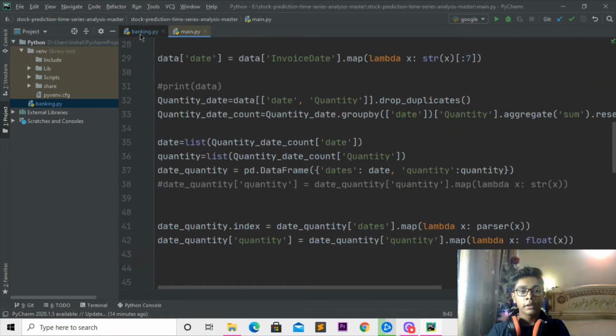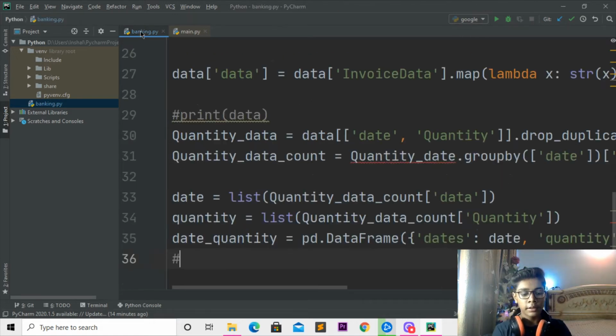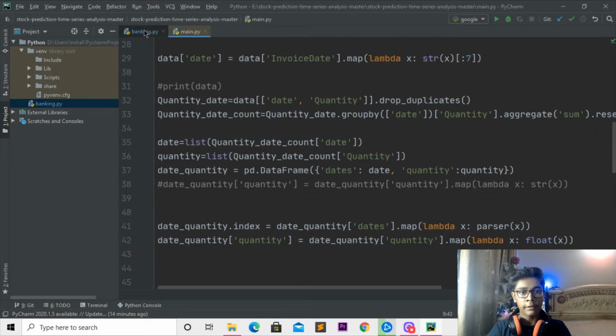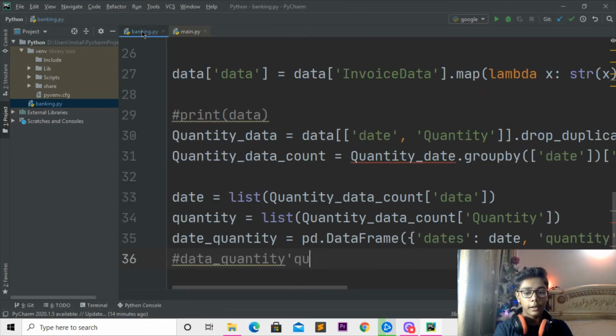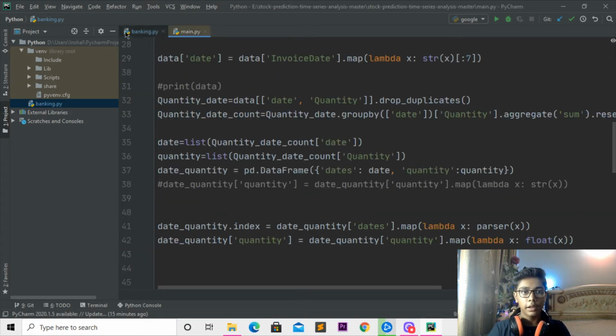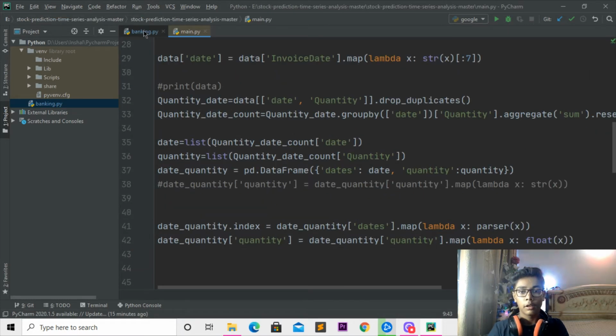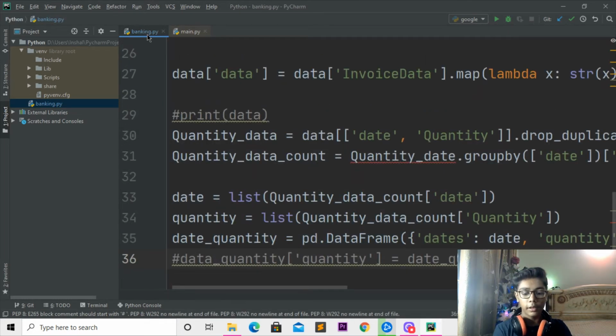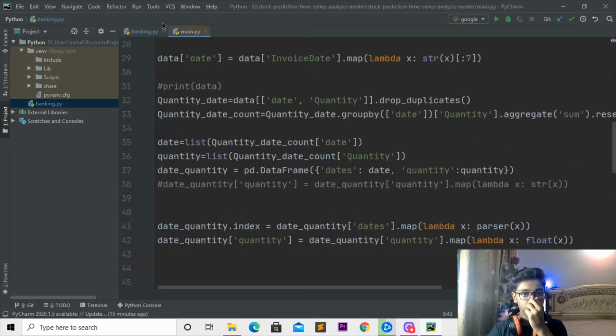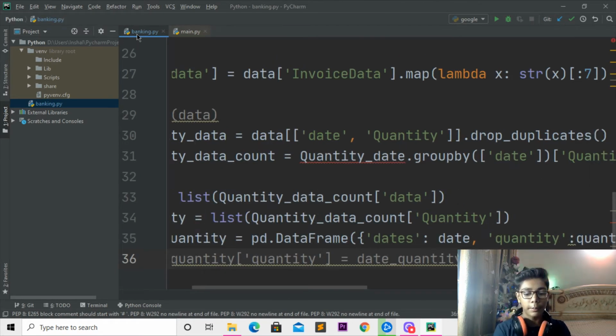come underneath here. So when you've done with that, here I'll now be writing this bracket, and here I'll be writing data quantity, then I'll be moving forward, and when you've done with that, here I'll be writing quantity again. So when you've done that, now I'll be closing, and here I'll be coming, then I'll be writing data equal quantity. So when you've done with that, here I'll now be coming, then there it is written date. So here I'll be writing that, now writing this square bracket here, then you have to write quantity, then I'll be coming here, then changing that to dot map, here I'll be writing